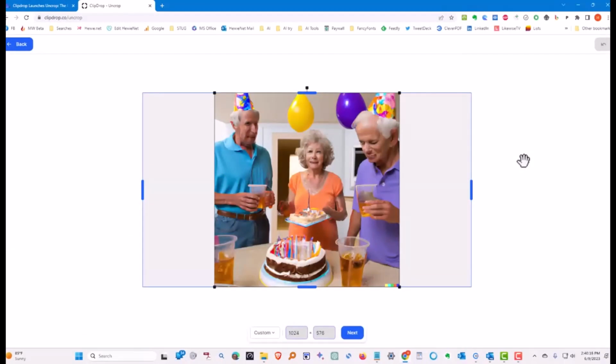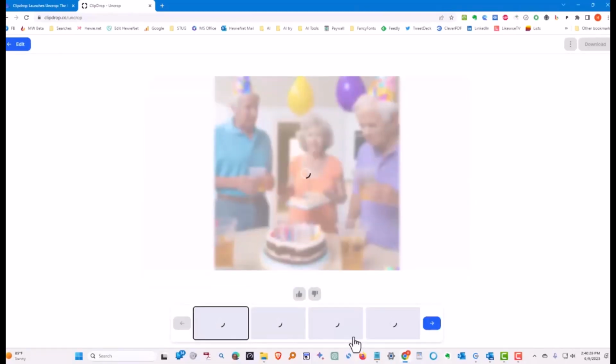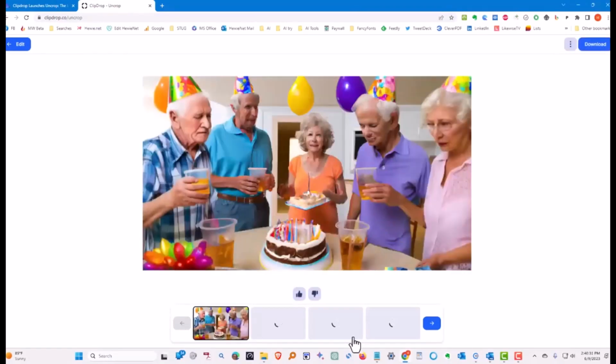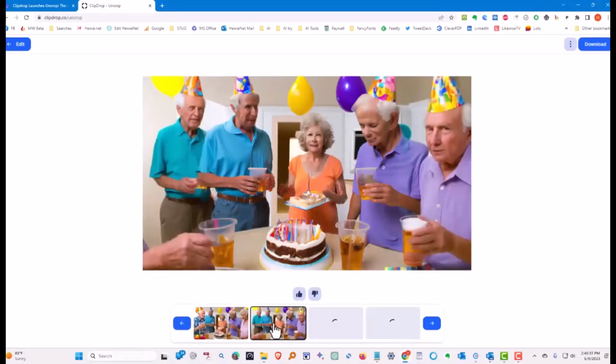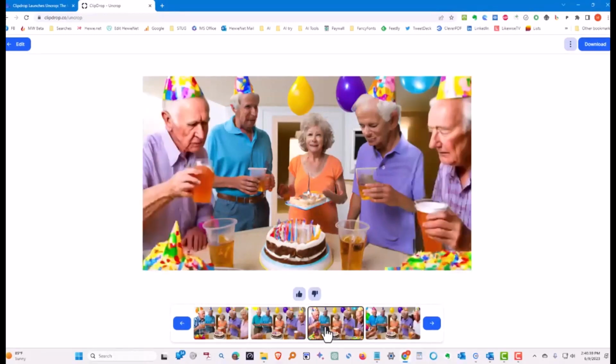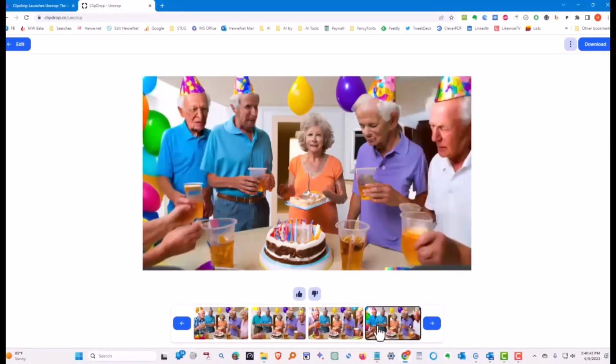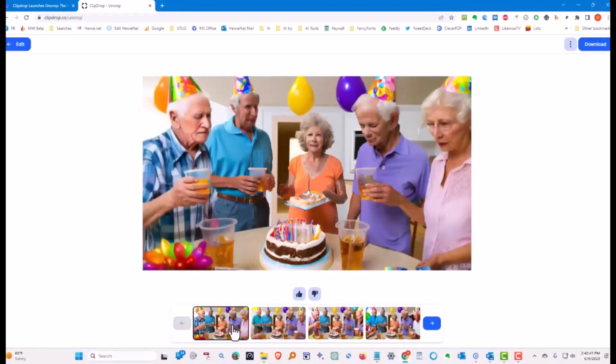that I'm bringing over. It's this picture. It was created by AI, but it doesn't fill in the spaces that I want. So if we say start, it automatically will uncrop that picture and give us some examples. The first example, the second example. You can see the different ways it does. Let's go ahead, and I like this one the best. No, I like this one better, and we'll choose it